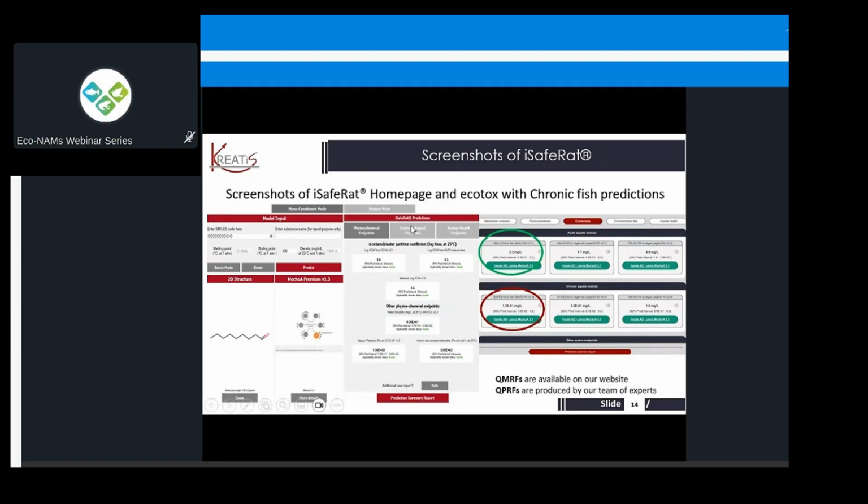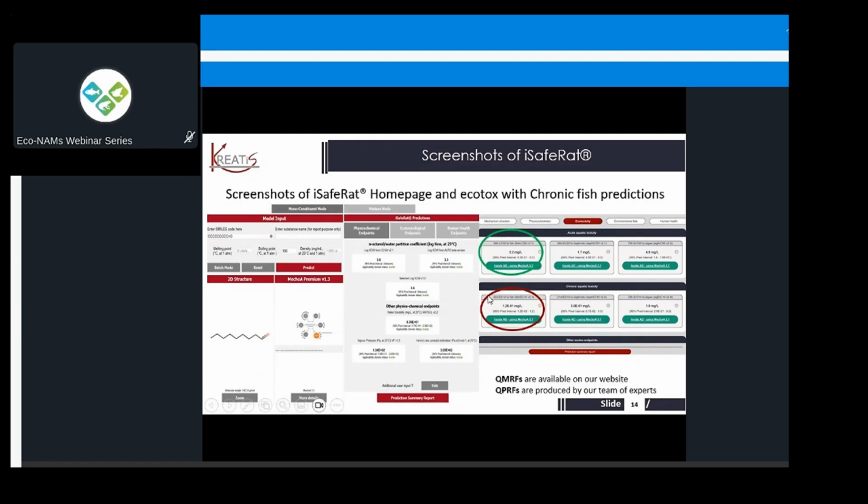Then it will give you the physicochemical values. And you have the possibility of putting in a user input if you're not happy with the values that we're coming out with here. So we have 2 log KW values. It selects the best one, which it then transforms into water solubility. And then this is what is used for determining the toxicity. The toxicity on the ecotox page is then put down for fish, Daphnia, and algae, with the acute on the top and the chronic at the bottom.